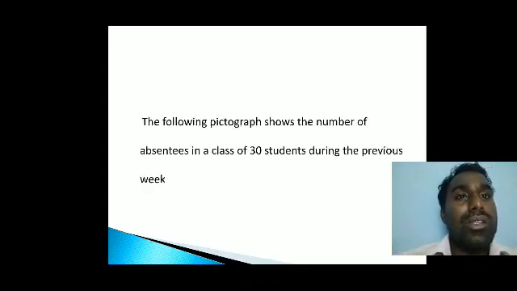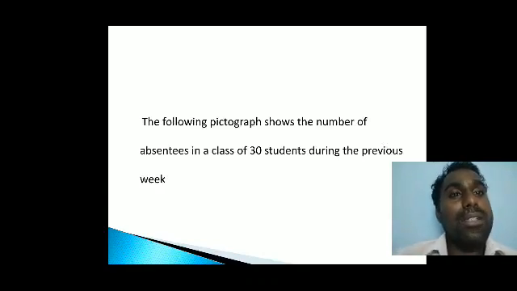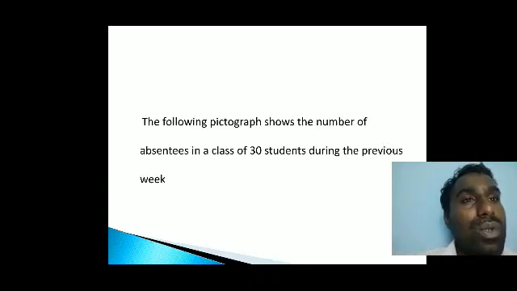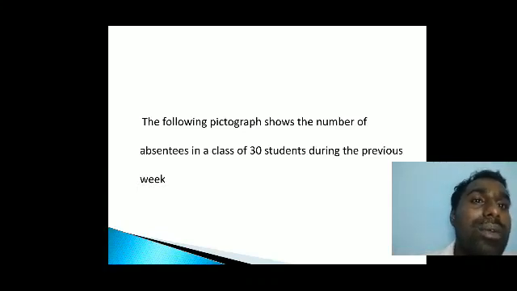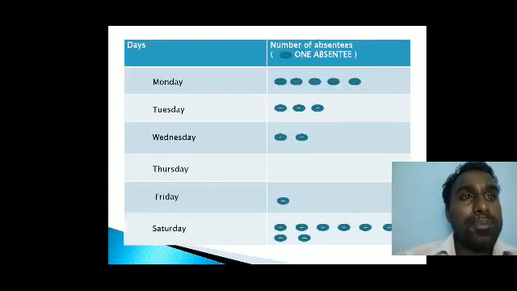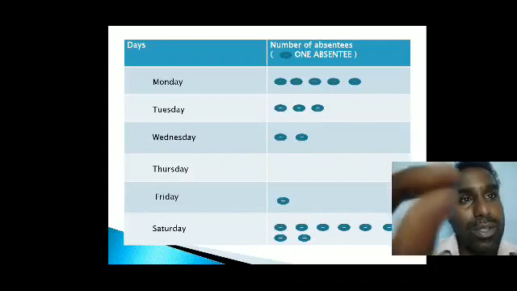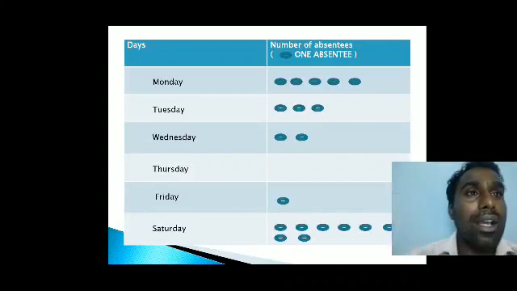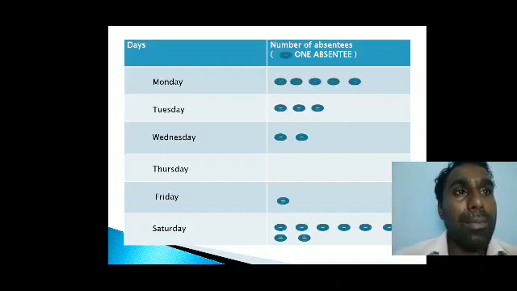Okay, so the next one: the following pictograph shows the number of absentees in a class of 30 students during the previous week. So here they will give some information. Just remember that each elliptical, round mark will represent one absent. Okay, so that symbol will give one absent. That means the number of absentees